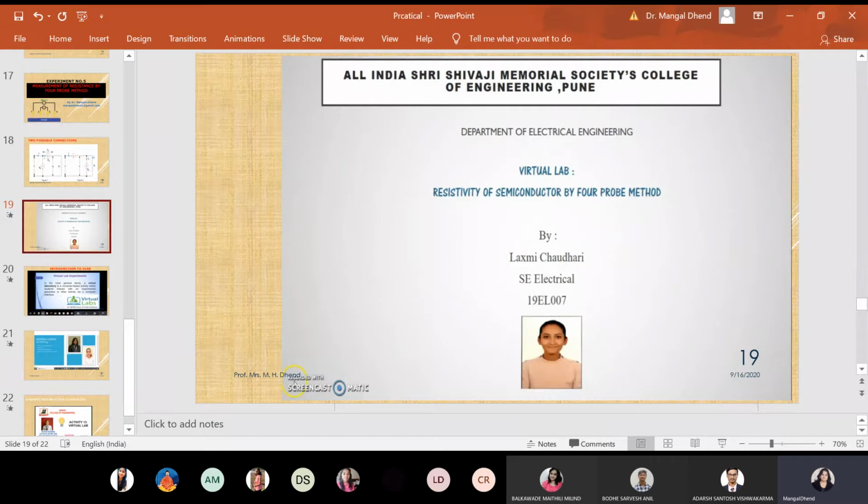First, the preliminary things: go into the virtual lab. Dear students, all of you do it simultaneously, with Lakshmi. So virtual lab, go into physical science lab. Open a browser, Google Chrome or whatever browser you are using.